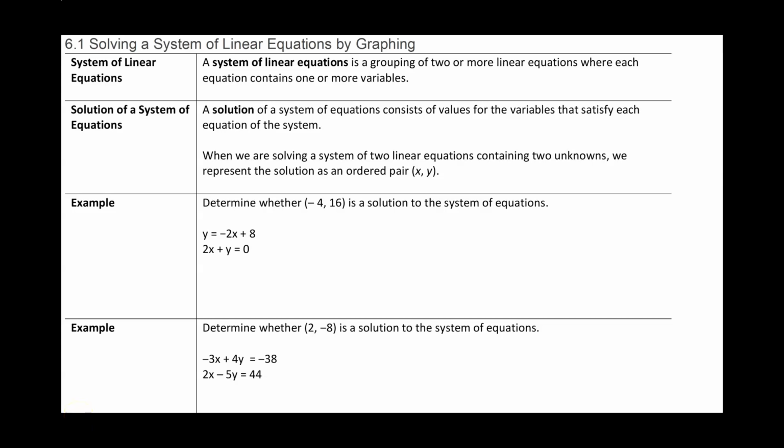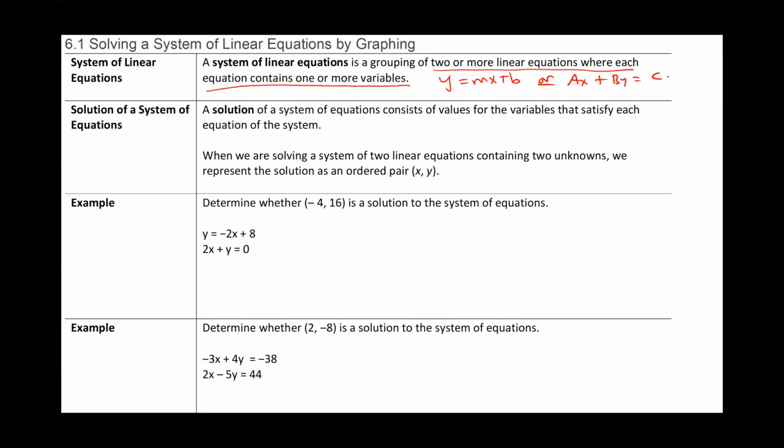In chapter 6, we will talk about systems of linear equations, and we're going to talk about three different ways of solving a system. So first off, what is a system of linear equations? A system of linear equations is a grouping of two or more linear equations where each equation contains one or more variables, usually in the form of y equals mx plus b, or in the form of ax plus